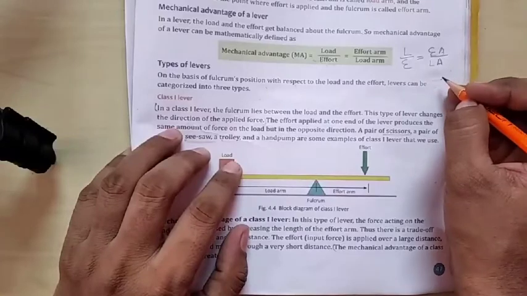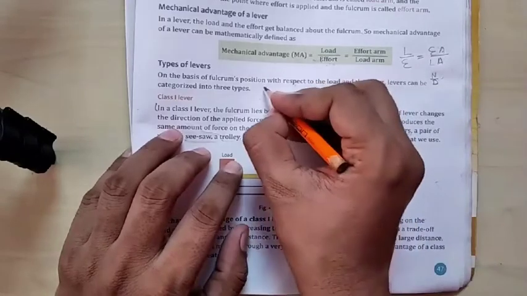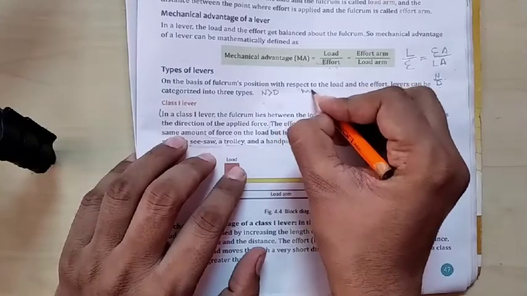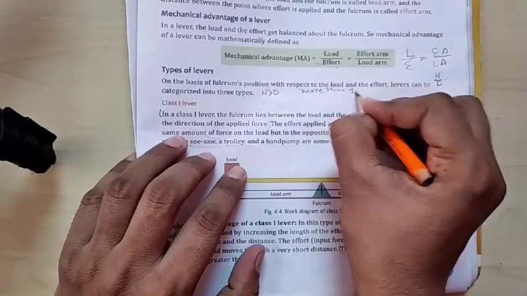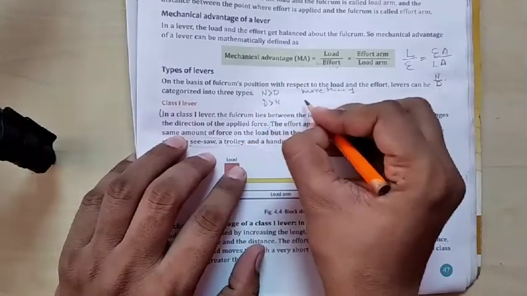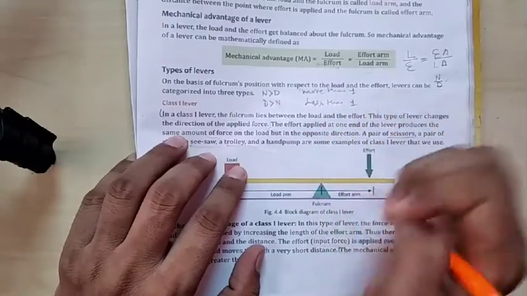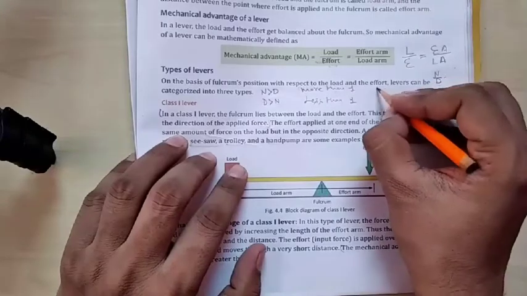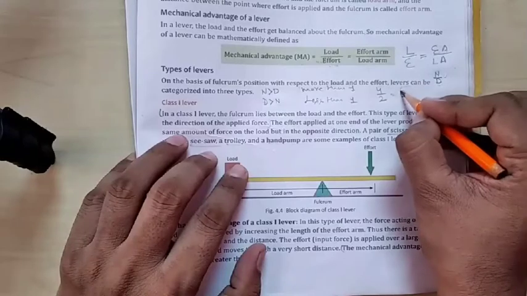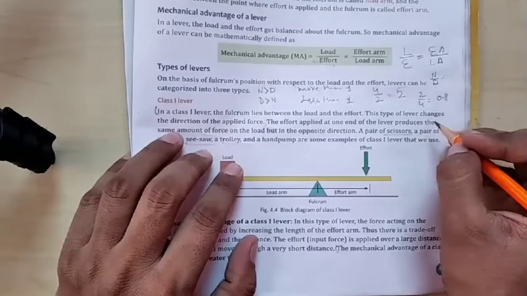Here one more thing is very important to tell you. If there is a numerator and a denominator, and the numerator is greater than the denominator, the value will be more than 1, and when the numerator is smaller than the denominator, the value will be less than 1. Okay, definitely. Suppose you divide 4 by 2, you get 2, which is more than 1, and if you divide 2 by 4, you get less than 1.